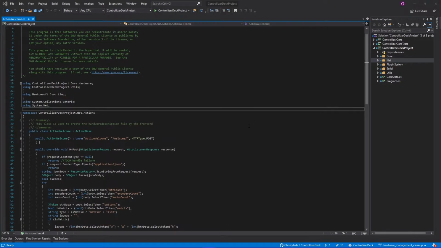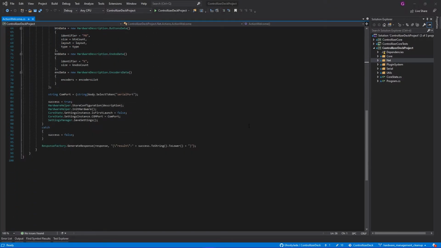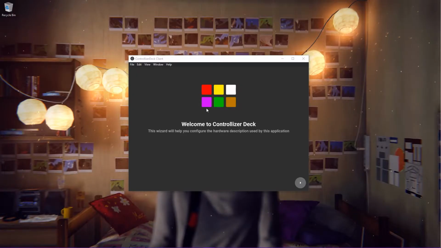Initially, I worked on the core app by defining a root /welcome that, if used, stores the hardware data received by the front end. Then I worked on the front end by implementing a splash screen,